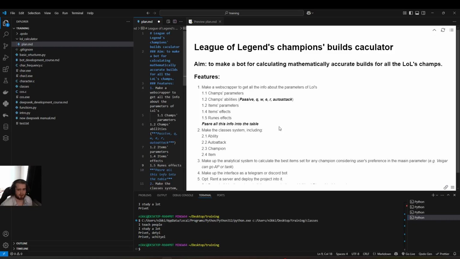What does it mean to parse? To parse basically means when we download data from the website, we get all different sorts of data, starting with the position of this data in the page and the CSS classes and all the rest.